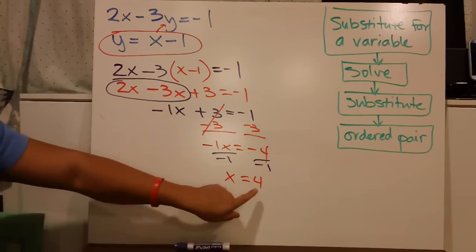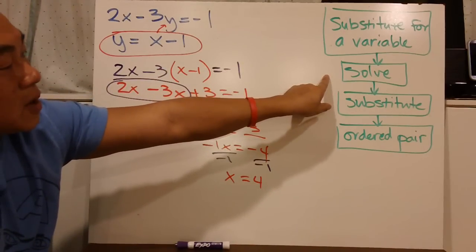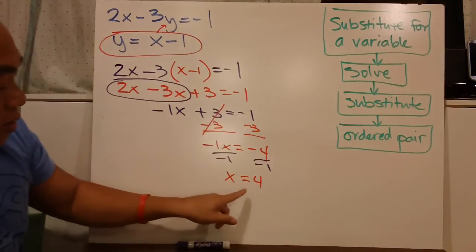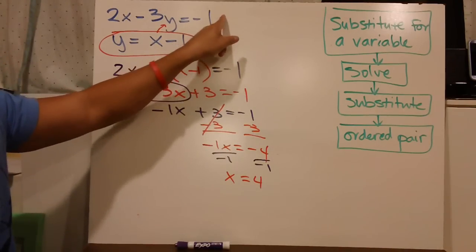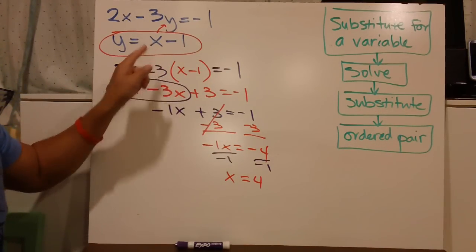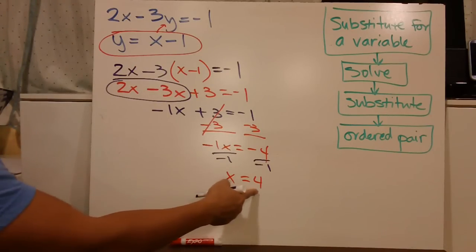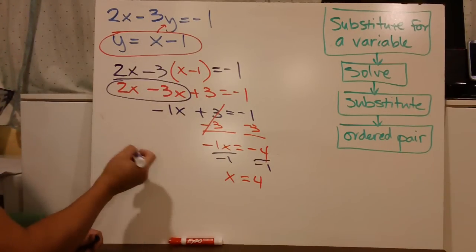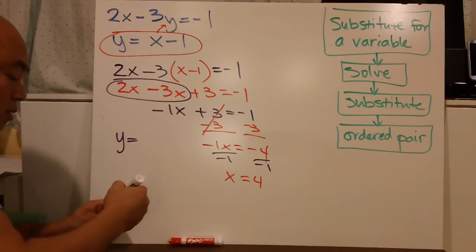Now, what do I do with this particular bit of information? Well, we've found this part, so we're only on part 2 right now. We're going to take this and substitute it into either one of these equations. Looking at this one, it's probably the easier one to do. So I'm going to take this one right here and substitute my x into here to find my y. So y is equal to 4